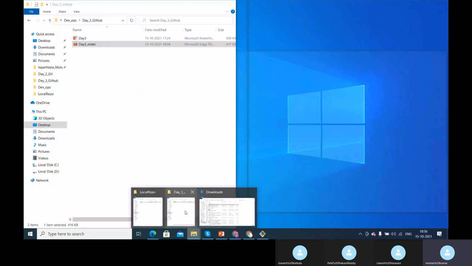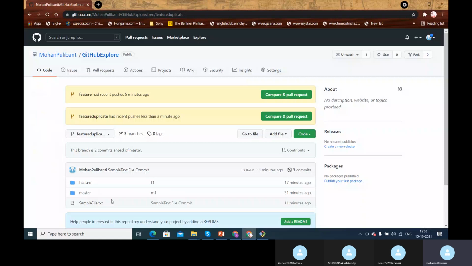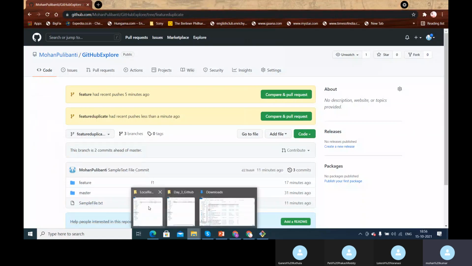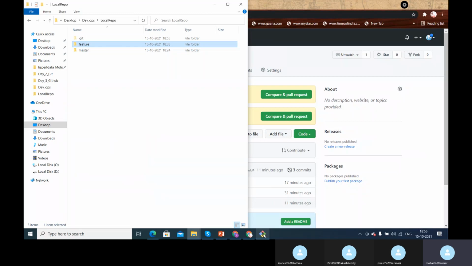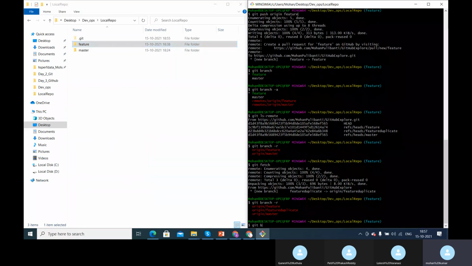if you go to the UI over here, which is the remote repository, you're not seeing that change. Whatever change that you have done in this particular branch, like you created a new file, right? Along with this feature and master, you created a new file, but you're not seeing that on the local repository, right? So the reason is, if you see git branch